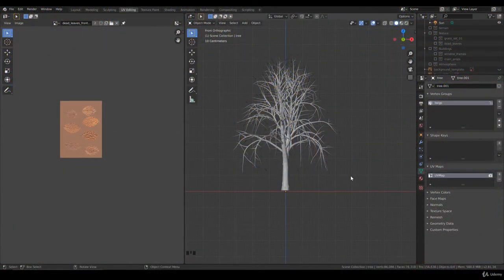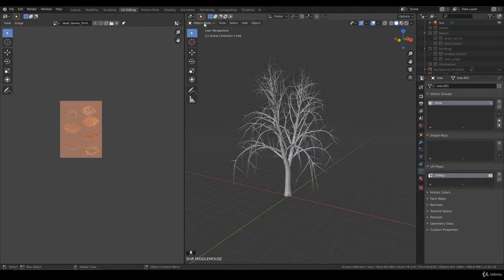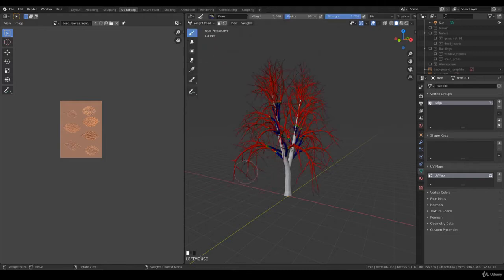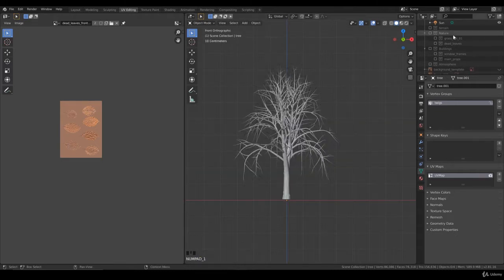Hello and welcome back to chapter 5, lecture number 36. So we created this tree with the branches, and in the previous lecture we added the weight layer. So we prepared this tree to add some twigs on it. So let's get started. I will go back to the object view and work on the collections a little bit